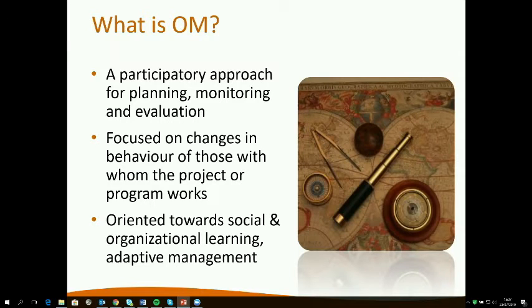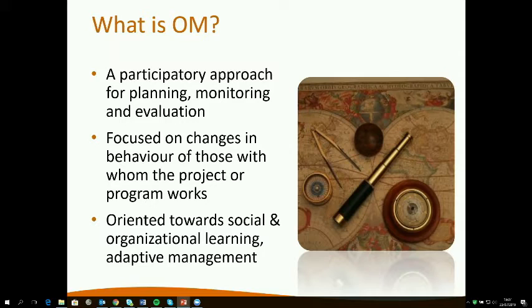So outcome mapping is a participatory approach. You can use it for a planning stage. You can use it to develop and implement a monitoring process and a system for your project or your program. And you can use it to develop a plan for an evaluation as well.